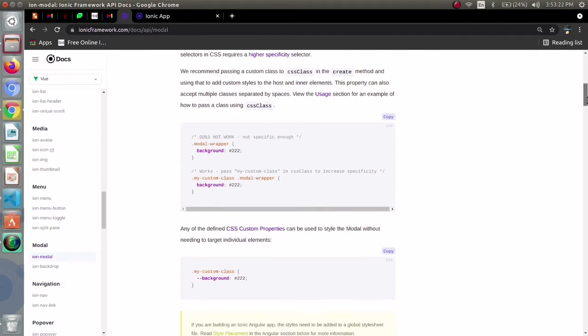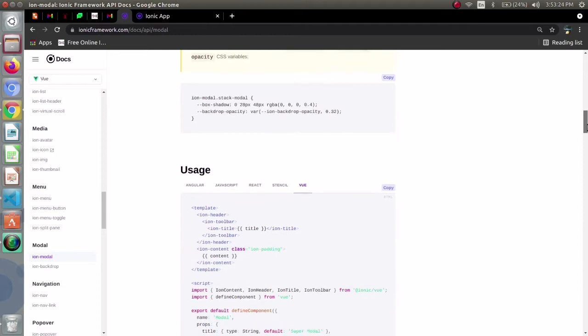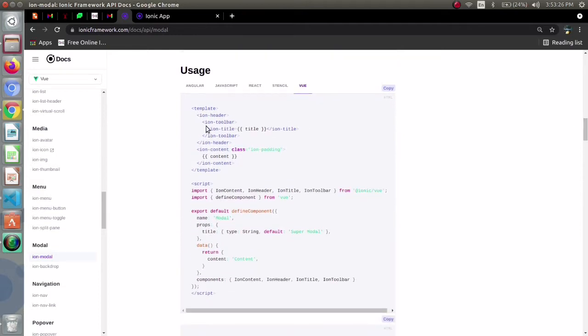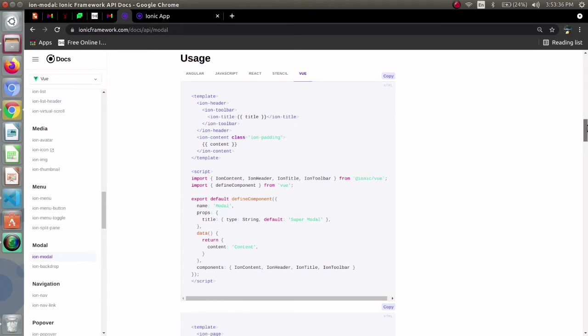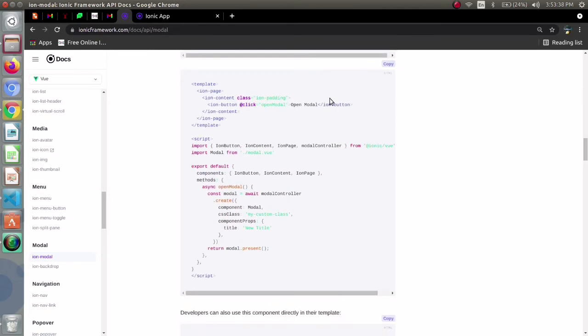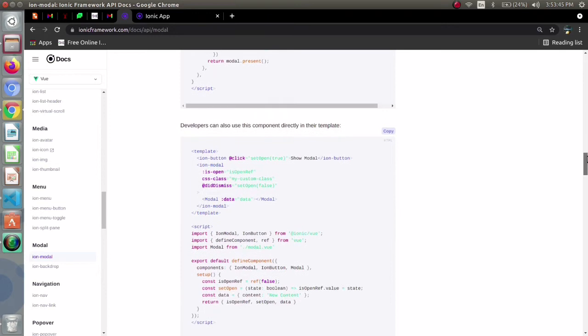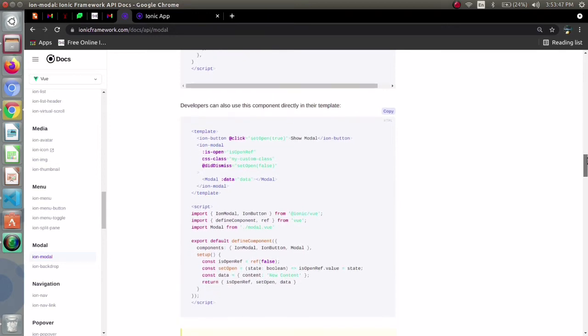Here the usage is given, and the usage contains the code. It is available for Angular, JavaScript, React, Stencil and Vue. So I am using Vue, so I will be using the Vue framework usage. Here all the code is written, and we can follow this to create our modal.